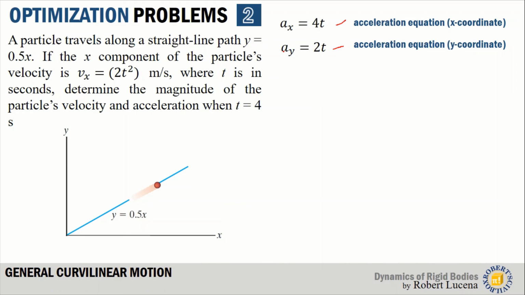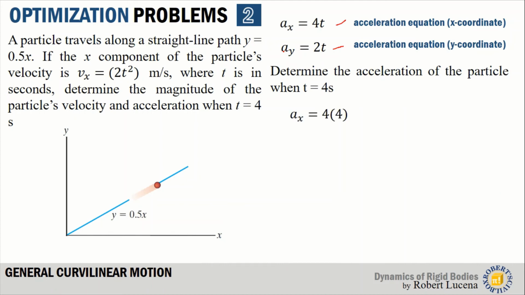Now we get the acceleration of the particle when t is equal to 4 seconds by simply substituting 4 to t. Now we have Ax is equal to 4 times 4. Therefore, the acceleration about the x-axis is 16 meters per second squared. And we have Ay is equal to 2t. And substituting 4 to t, we have 2 times 4. Now the acceleration is equal to 8 meters per second squared. And these are the components of